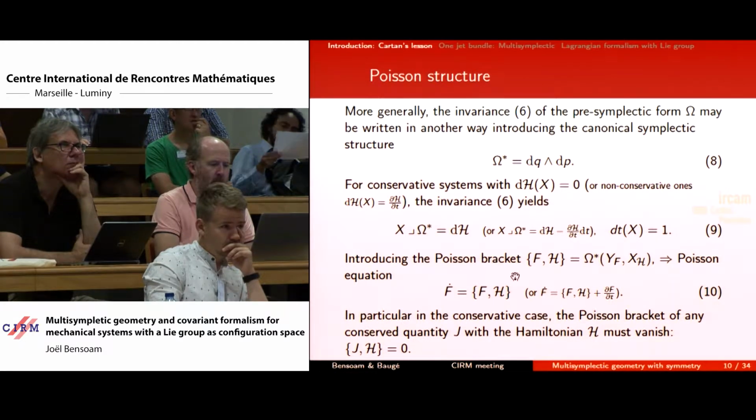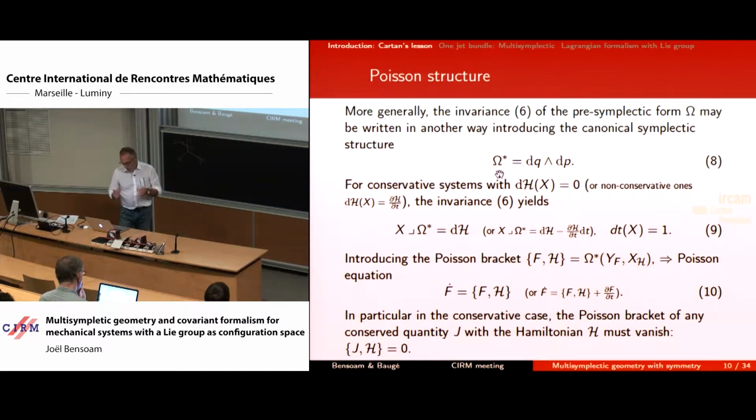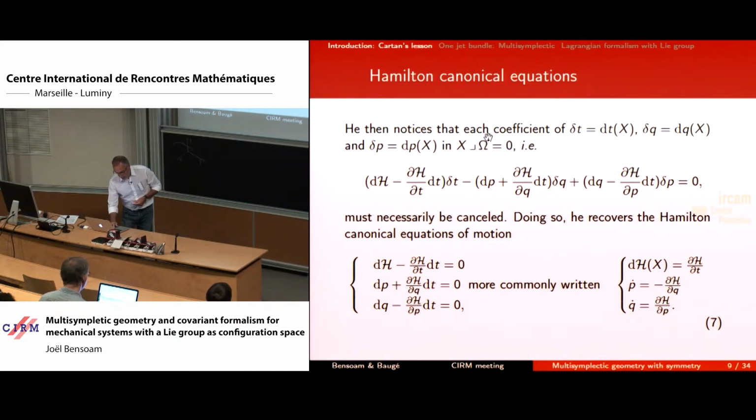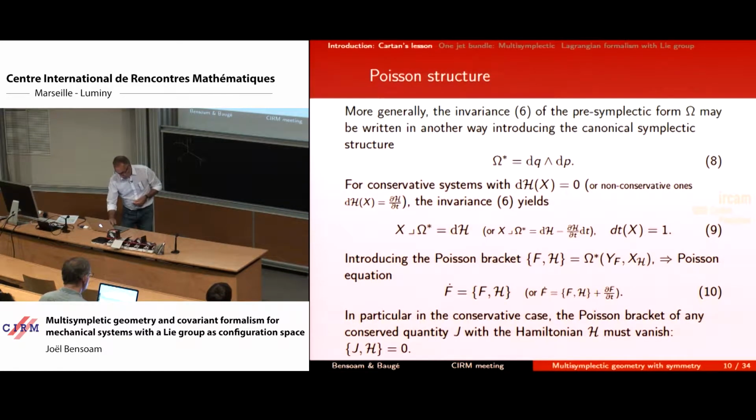You can also try to introduce a symplectic structure, a canonical symplectic structure depending only on the positions and the momenta. Then you will have this sort of thing which comes from this equation. This is exactly the same. You move the Hamiltonian parts through the right